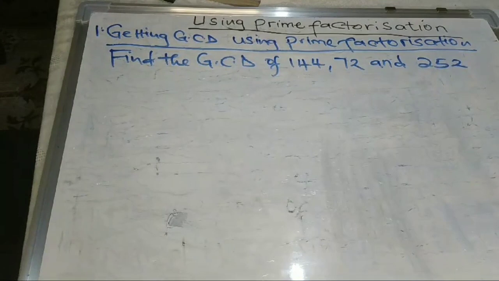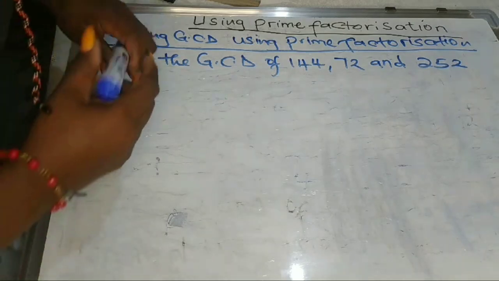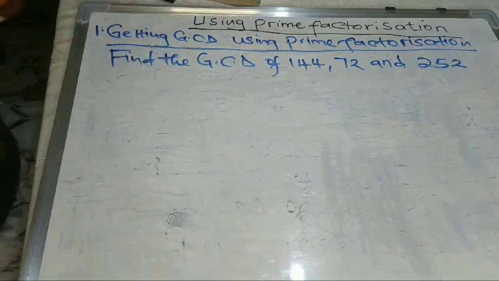Let us look at how we can find GCD and LCM using prime factorization. And we answer this question. Find the GCD of 144, 72 and 252. Now here we shall first of all find the prime factors of